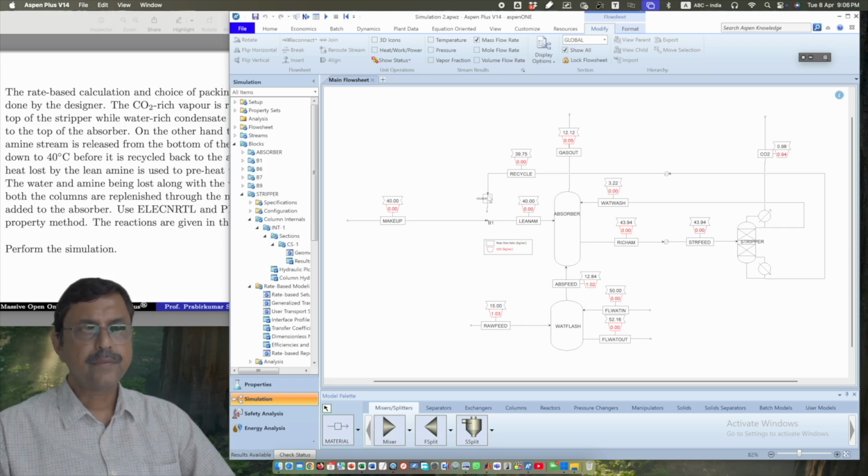Now we have to add in this line with this particular mixer so that the loop is complete. Okay, we can say the lean amine, which is carrying 39.75 kg of material, that will be sent to this string. Okay,